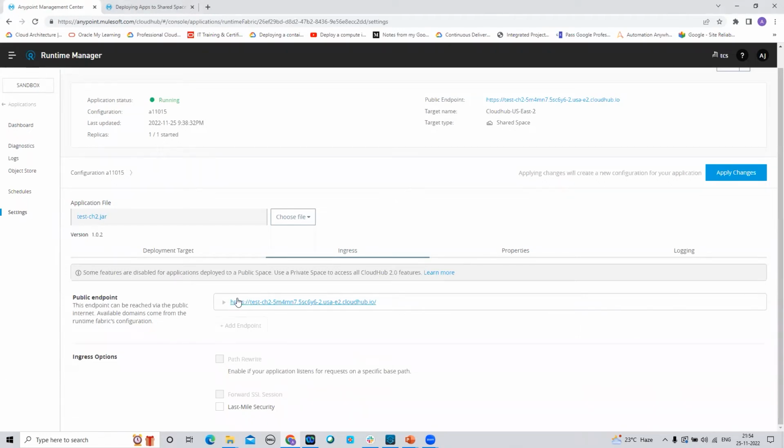So this is one more advantage of CloudHub 2.0 over the older version of CloudHub, that by default it is publishing the public endpoint on HTTPS. So it is more secure. And if I go to